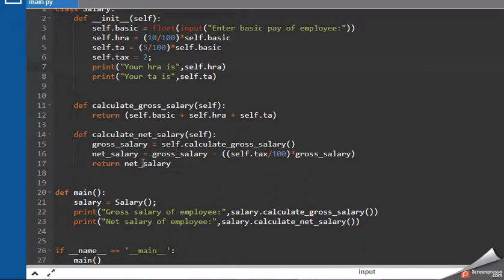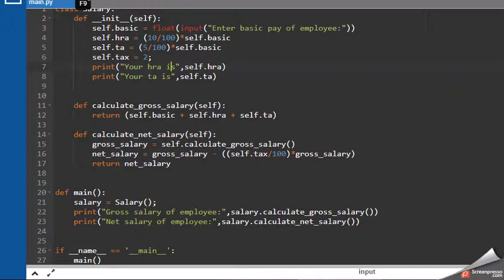So it will return the net salary after the 2% deduction of professional tax. This is the main part of your program. This is the special variable that I have mentioned in my last Python program, which is a built-in variable that evaluates to the name of the current module. So it will call the main part of the program.